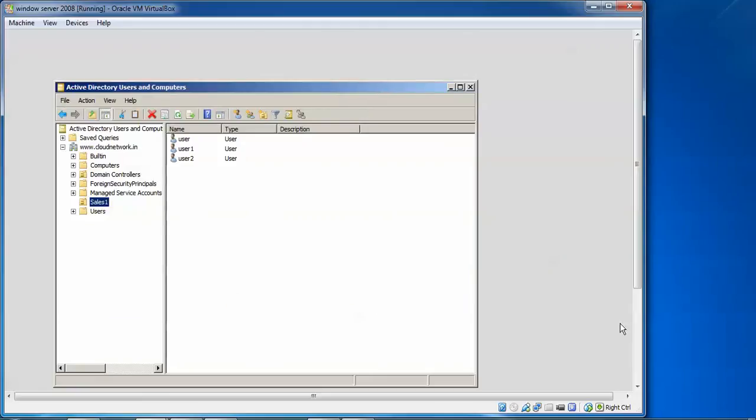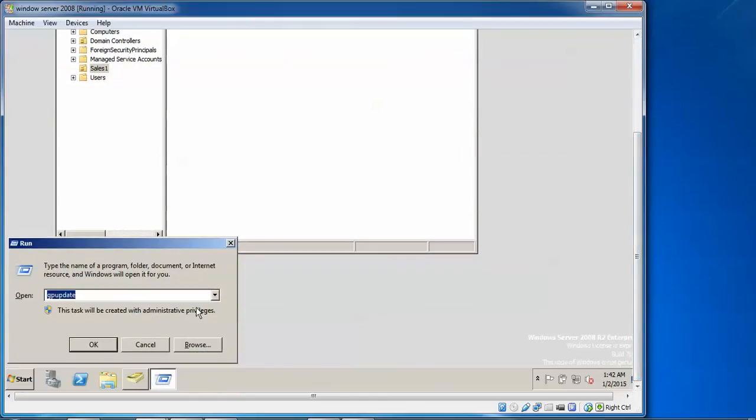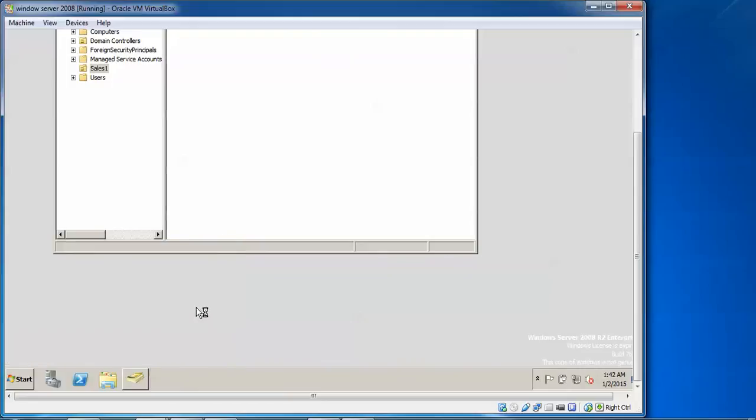So now we need to verify this one. Just press Windows R, and type here dsa.msc.